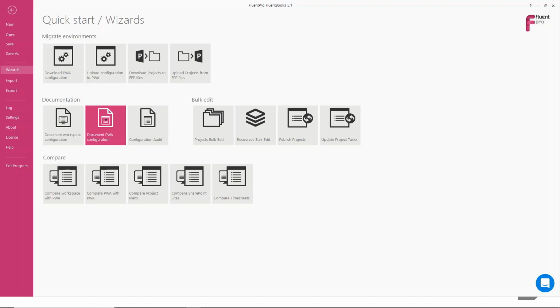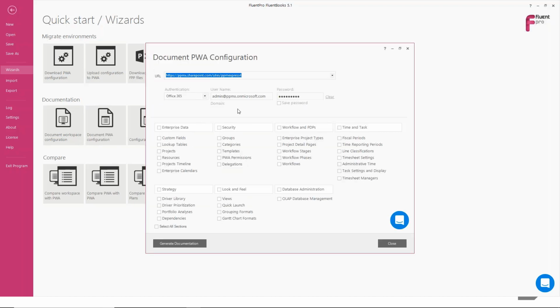Document PWA configuration is also a wizard where you can generate very sophisticated, very detailed documentation on